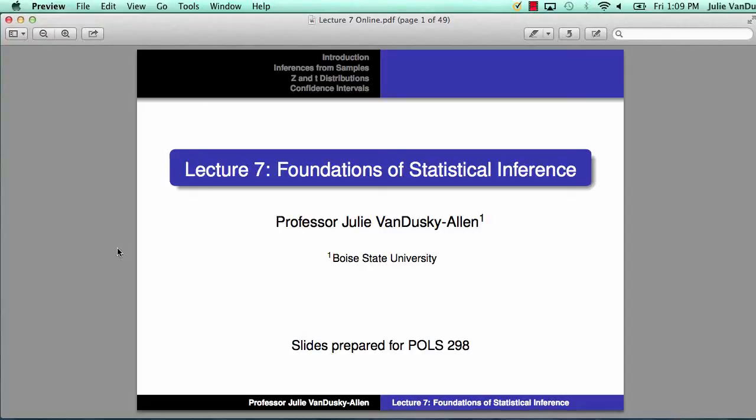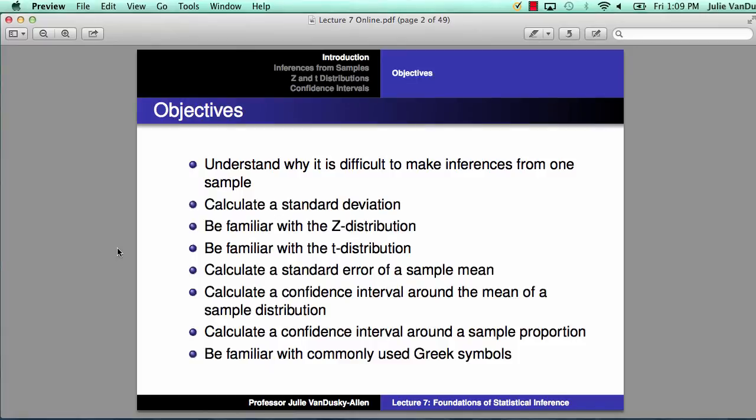This is Lecture 7, Foundations of Statistical Inference. By the end of this lecture, you should be able to understand why it is difficult to make inferences from